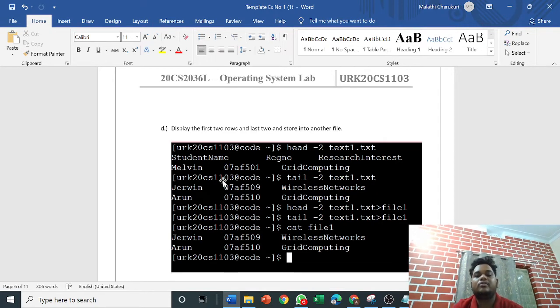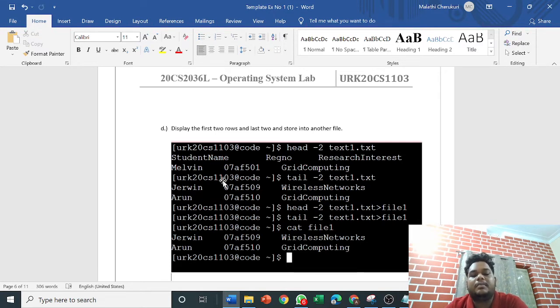After that, tail -2 gives the last two rows of the file. And then in the question they said to store it into another file. So I named another file file1 and copied the contents of head and tail into that file1.